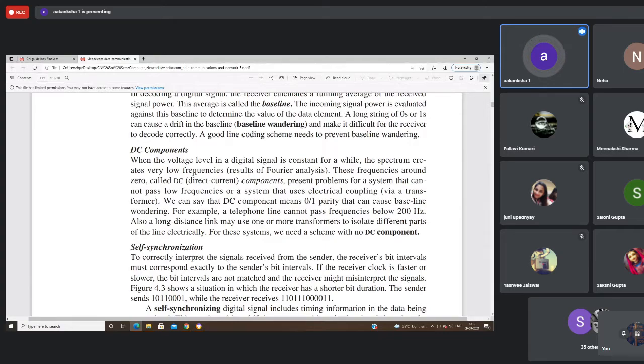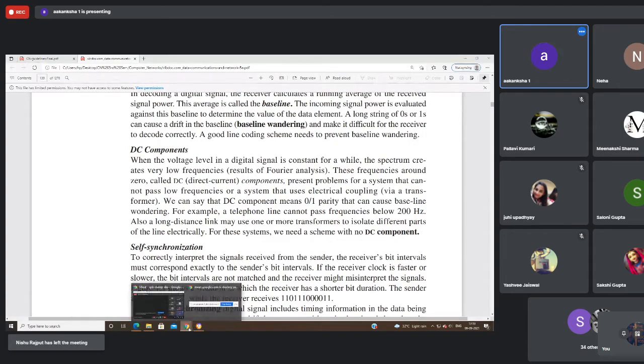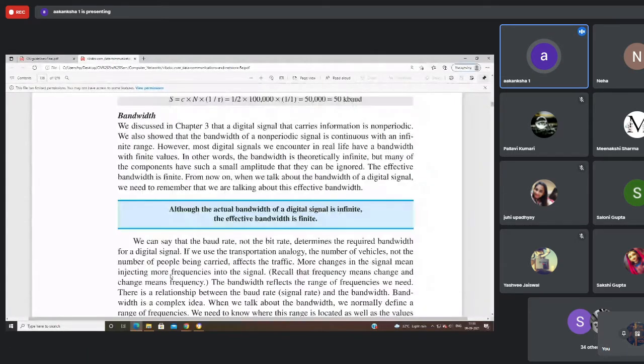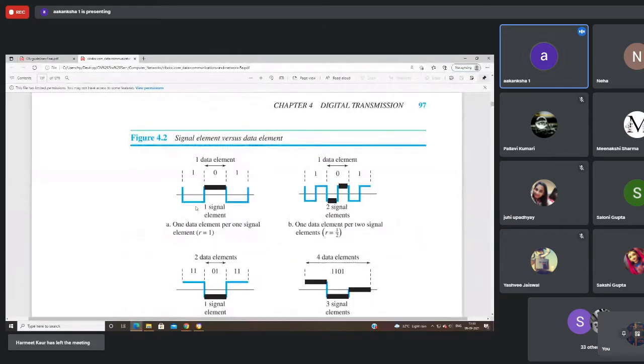So now we are discussing the problems with the digital signals. Yesterday we discussed the line encoding scheme. In line coding, we were representing the static voltage levels, like one was represented by minus V volts and zero was represented by plus X volts or plus Y volts. So in line encoding, we can represent one as some static voltage level and zero as some other static voltage level. This was digital signaling for digital data.